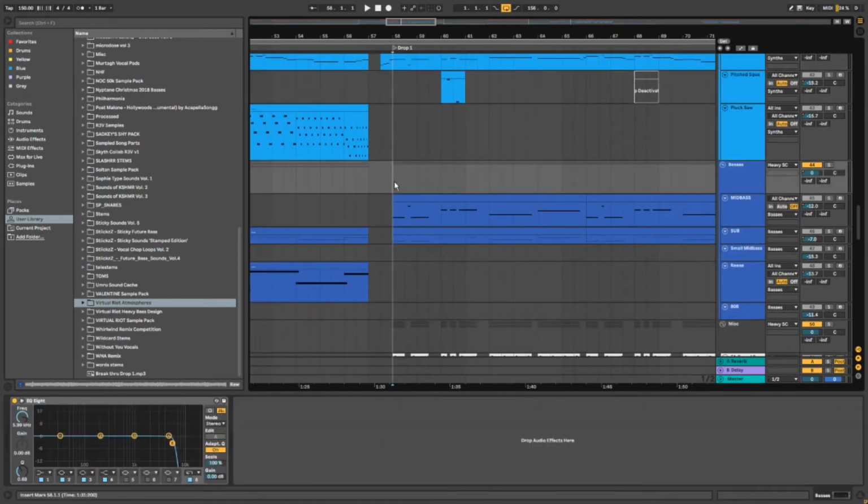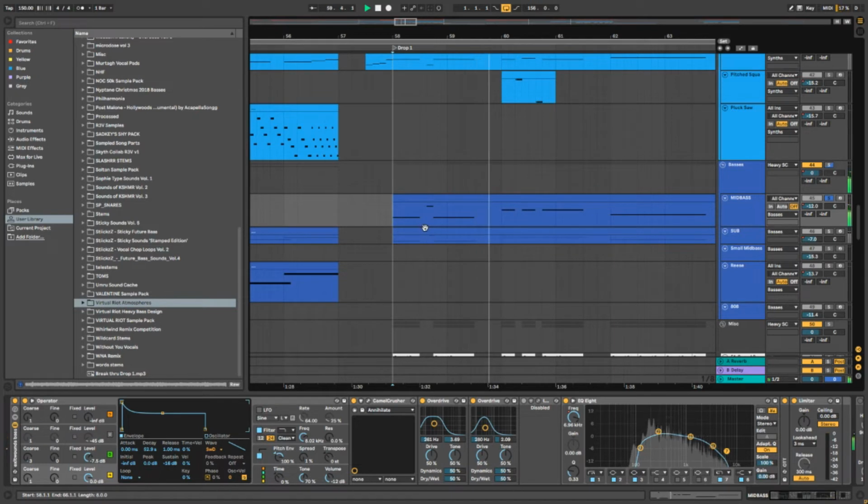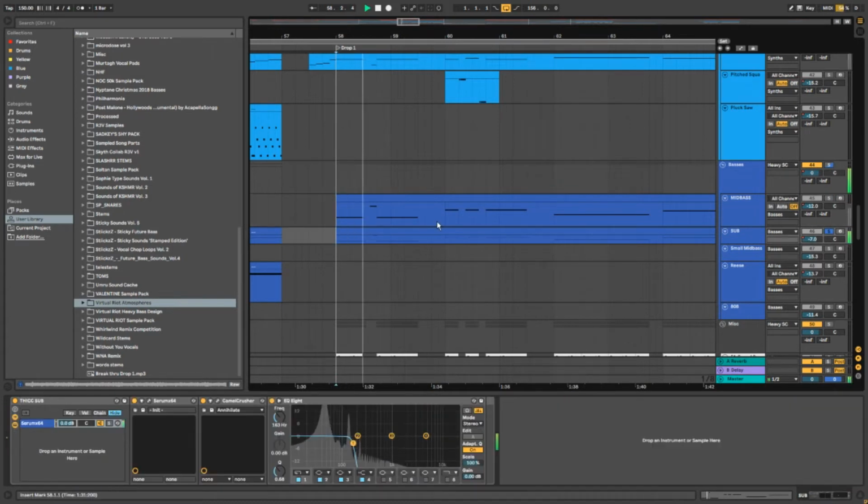So next I have the bass, and the bass is where your beef is going to come from, really. The most important thing is having a good mid bass. Now this mid bass is made in Operator. I actually did not make it, an old friend of mine made it, and I used it for this track. And it sounds like this. And then below that I just have a sub. And then when you put them together,